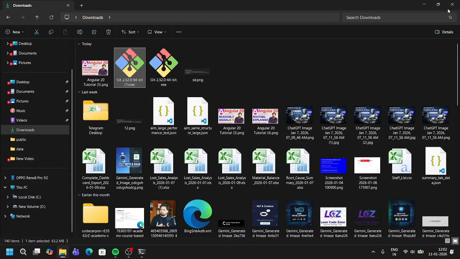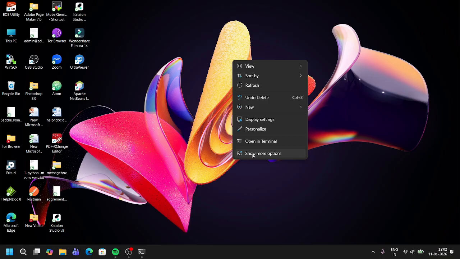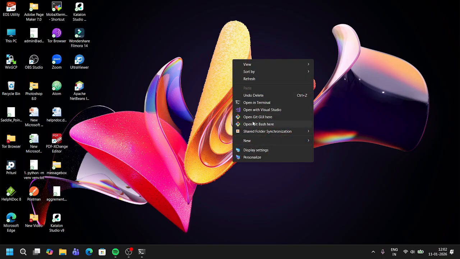Okay, close this. And how you can see, you can go to any computer, you can go anywhere and directly right click here, and click on show more options. Here you can see open Git GUI here and open Git Bash here.